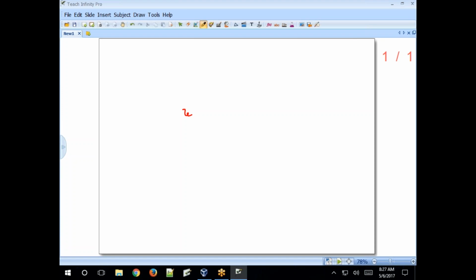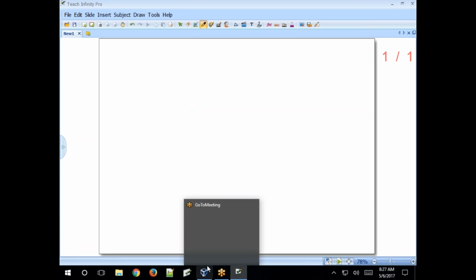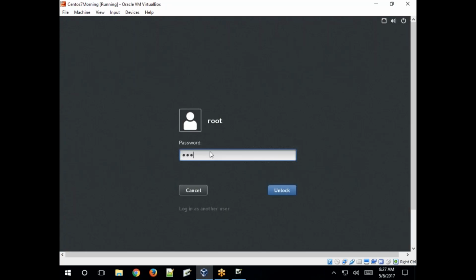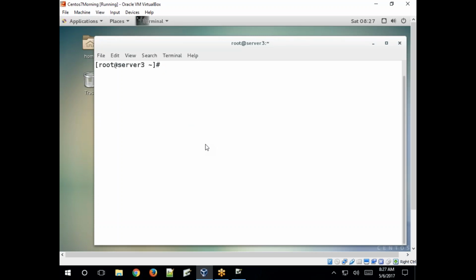Okay, I'll give you small examples and then we'll see. Log in with the root account, the root user.